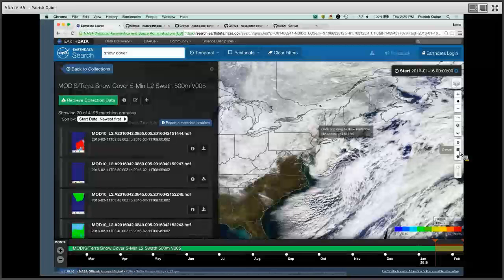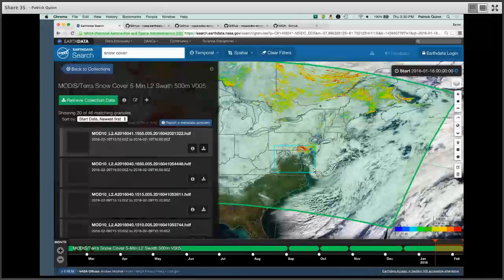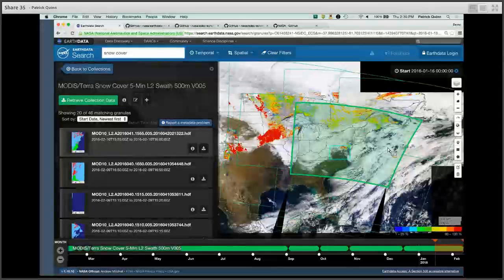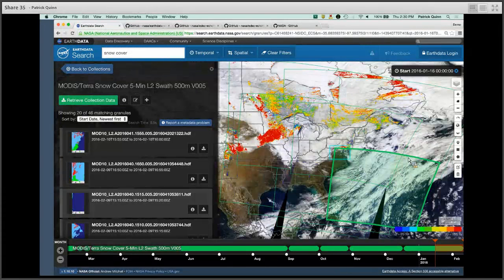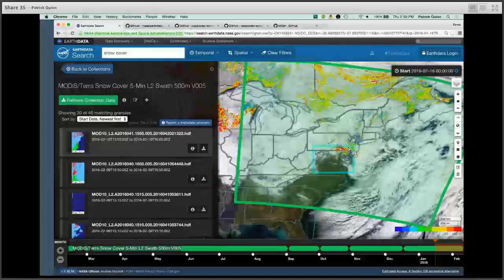So in this case, I'm going to put a bounding rectangle over, let's say, the broader DC, Maryland, Pennsylvania, southeastern Pennsylvania area where the storm hit the hardest. Okay, so from here, what's happened as I put that constraint in is you notice that the visualizations on the map have jumped a little bit. So the map is now displaying files that match my search criteria, which now has this spatial constraint on it. So it's only showing me